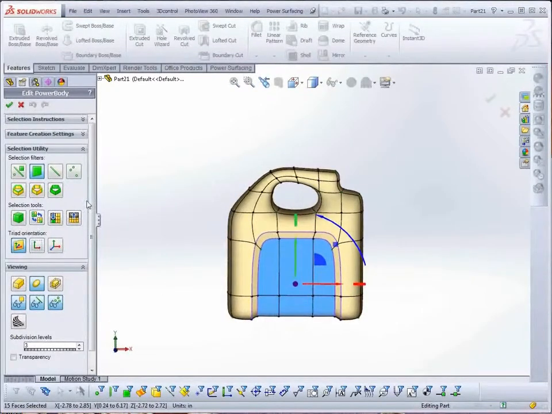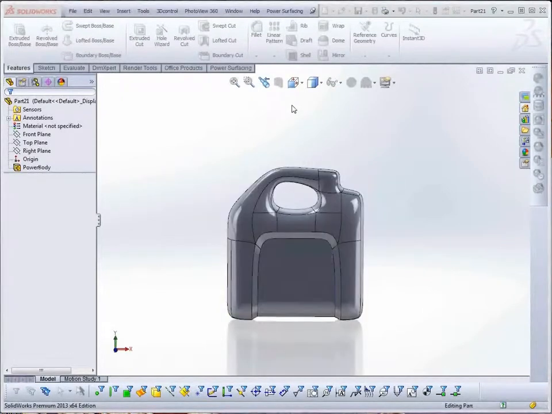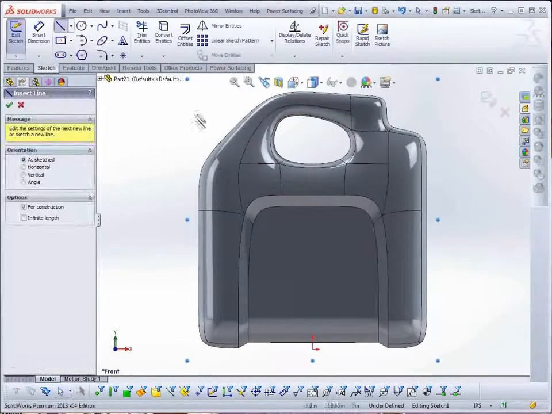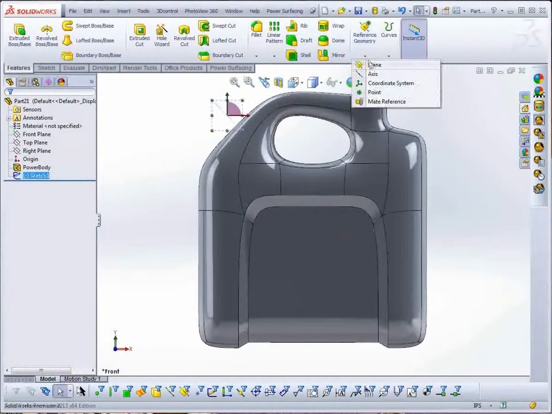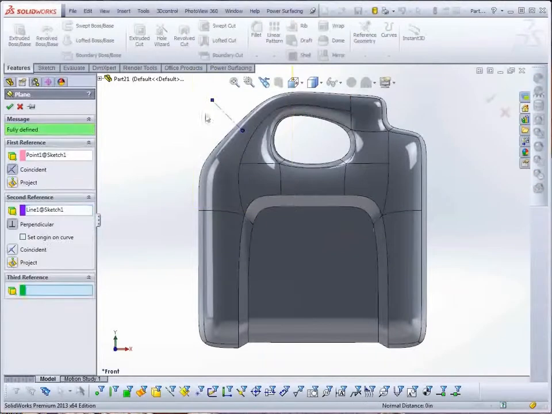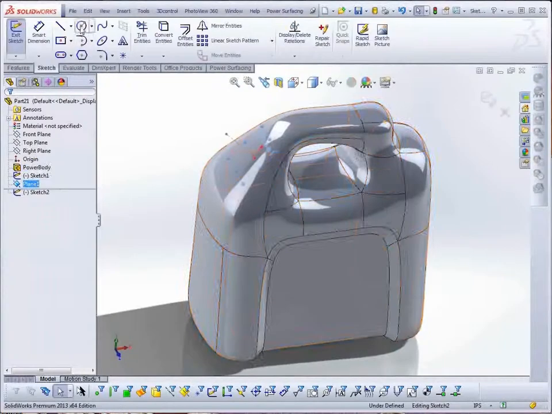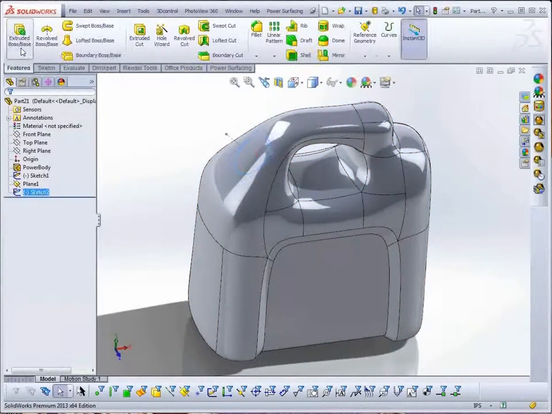So now let's head over to the SolidWorks feature tree. Since I'm not in the middle of a command, the OK checkmark makes the conversion. From here, I can make a new sketch for the spout. I'm using a line to get the angle to create a reference plane on. And from the reference plane, I'll create a sketch and create a circle to